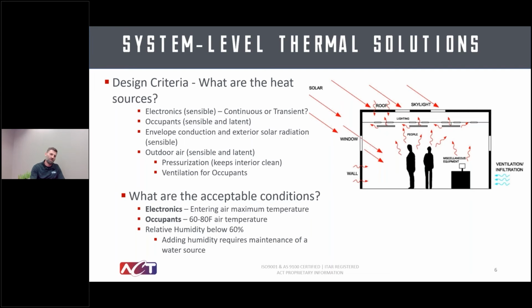60 to 80 degrees Fahrenheit is kind of a reasonable range for that. Relative humidity below 60% is also usually required. Traditionally, we don't get into adding humidity because of the logistical issues of providing a water source and maintaining a water source to keep the humidity levels